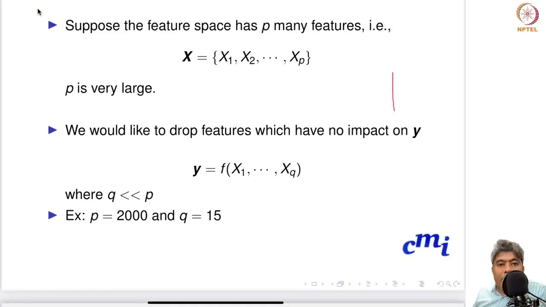Suppose the feature space has p many features, and these features could be original features or engineered features. Anything can happen, and P is typically very large. We would like to drop features which have no impact on the response. That is our target. Suppose y is the response variable,